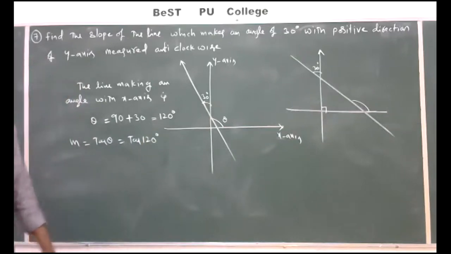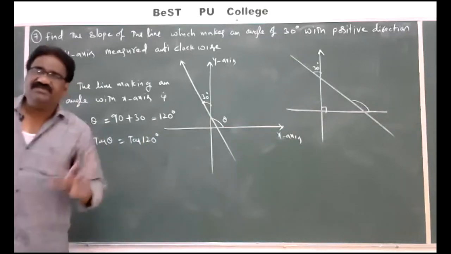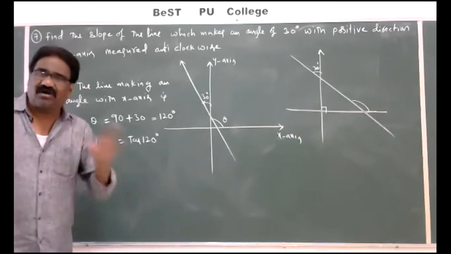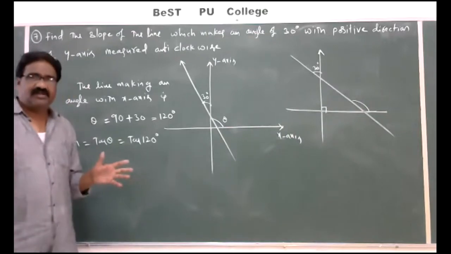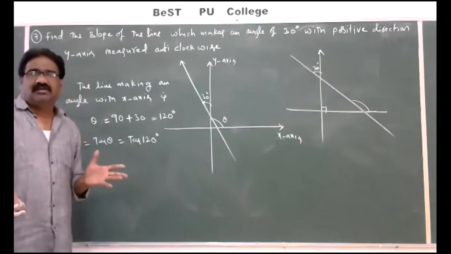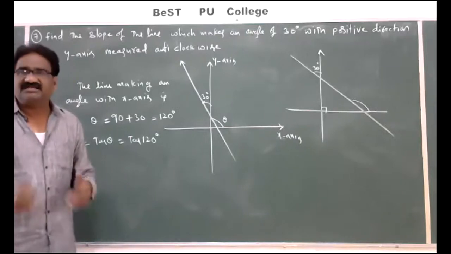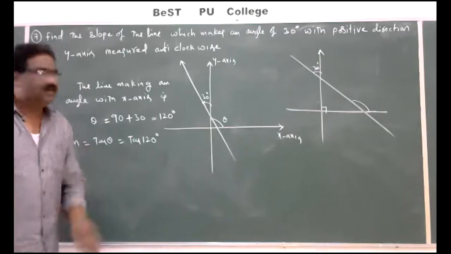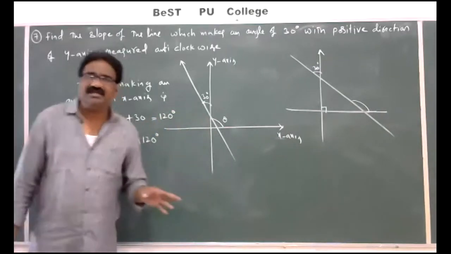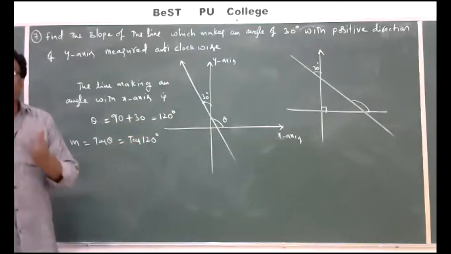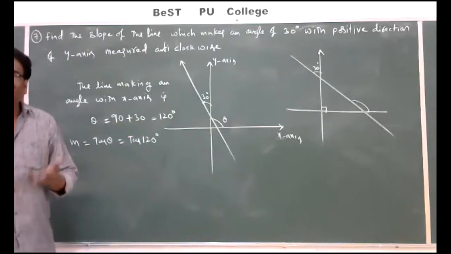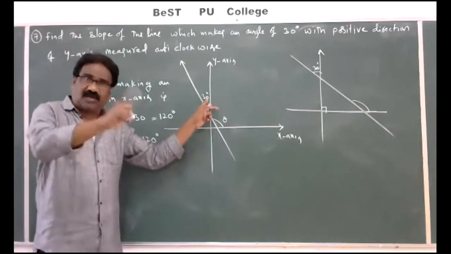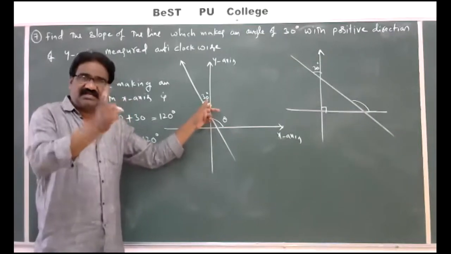You know, inclination of a line means the line which makes an angle theta in the positive direction of the x-axis is called inclination. Already you know the definition. And if you know the inclination, you know the slope. Slope of a line is the tangent of the inclination. So here we want the inclination, meaning the angle the line makes with the x-axis. The required angle with the x-axis means this line makes an angle of 30 degrees with the x-axis in the positive direction. Observe this, in the positive direction.